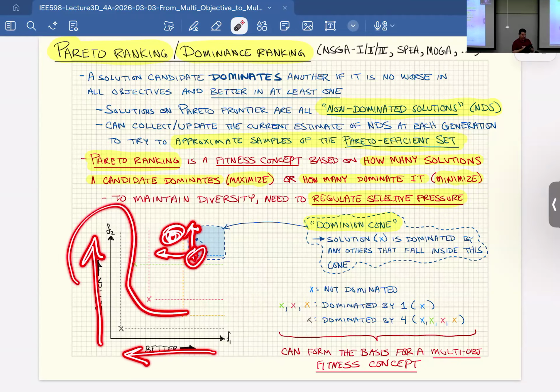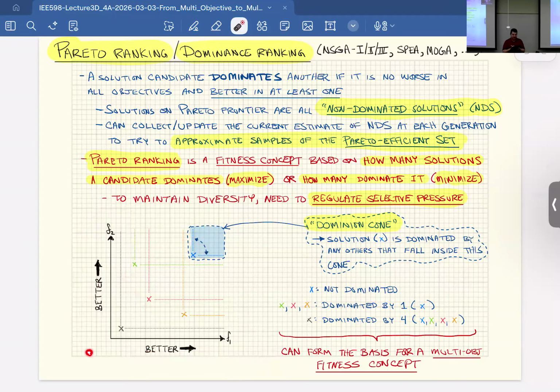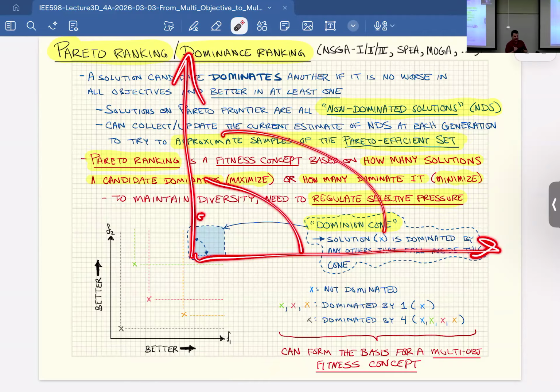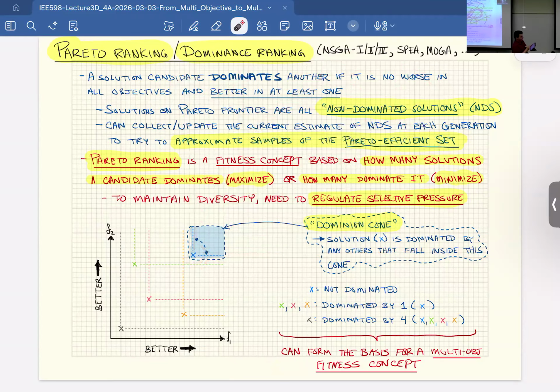So you have to look at what your reference directions are, and then you just project those reference directions onto a new little axis anchored at the point that you're considering, and you draw a little dominance cone. And so anything anywhere in that cone dominates this individual. And so if there's nothing in this cone anywhere, for the infinity of options that are up here, then we call that a non-dominated solution.